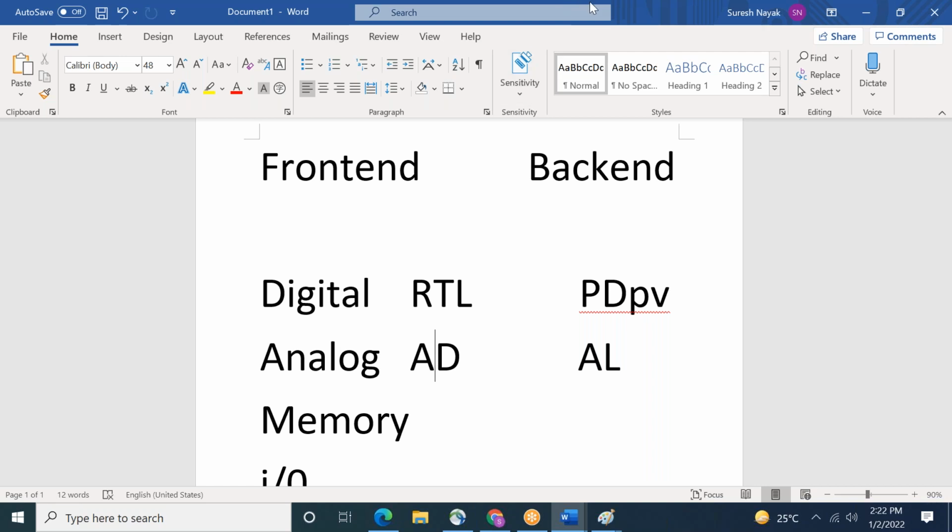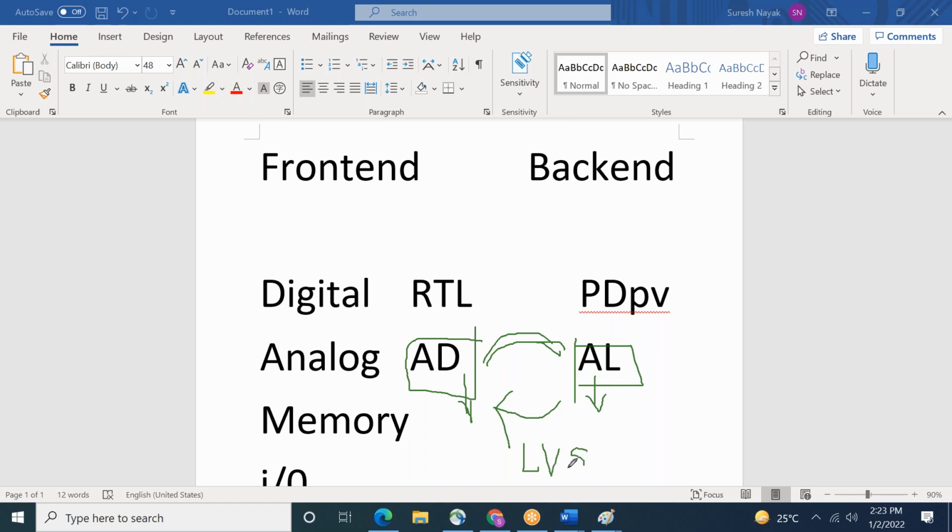They give a schematic, and whatever their work is, it is the schematic, so they are also called schematic designers. The layout person's work is linked with analog design, so whatever layout you did is compared at last. That is called layout versus schematic. It should pass. This is the schematic design and the layout.